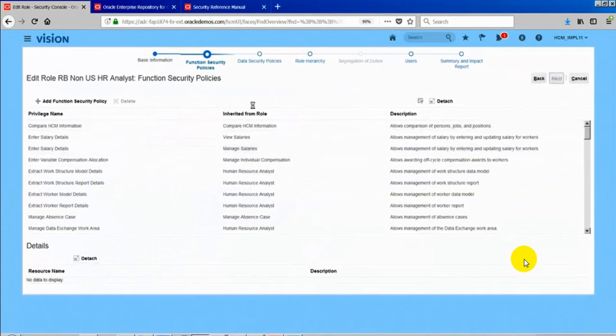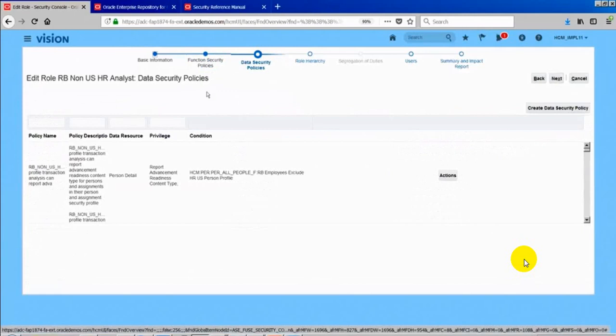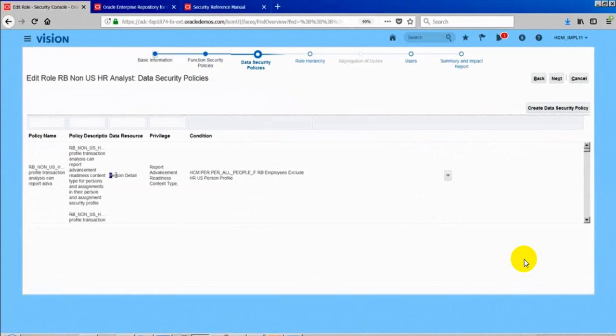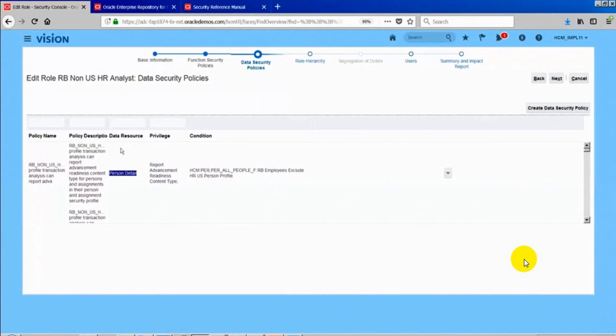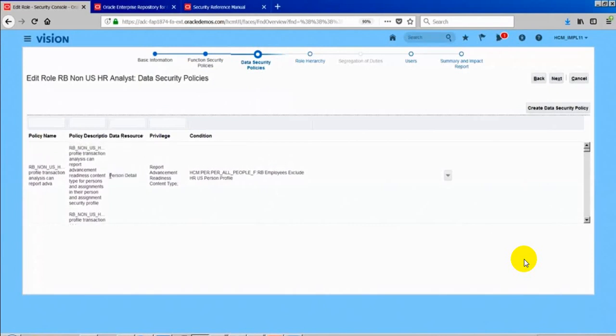If you go next and see the data security policies, these are created based on what we have created in our HR module. Okay, so this is a person detail, which is more of person information. Data source, person detail, means it's a person table. Data security policies have a data source, a table, and a condition. So if I go and edit the security policy,